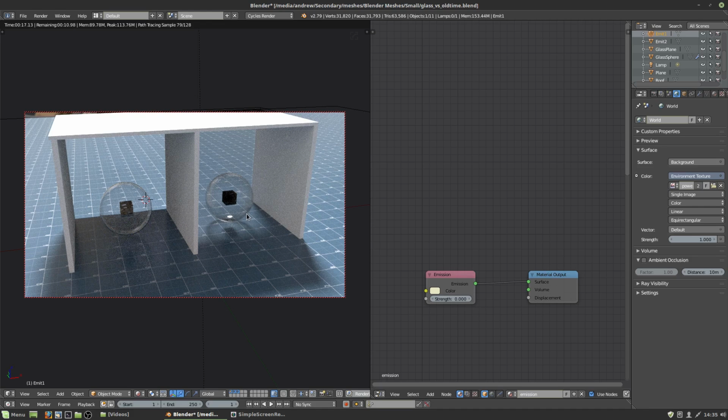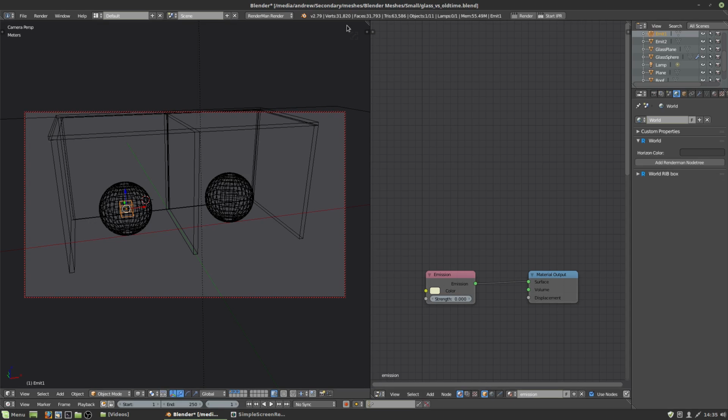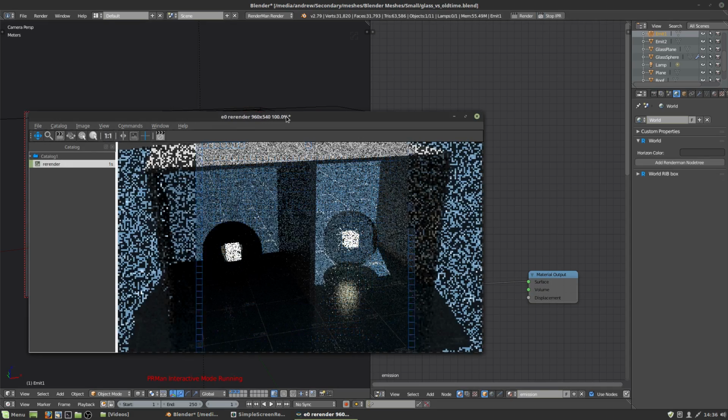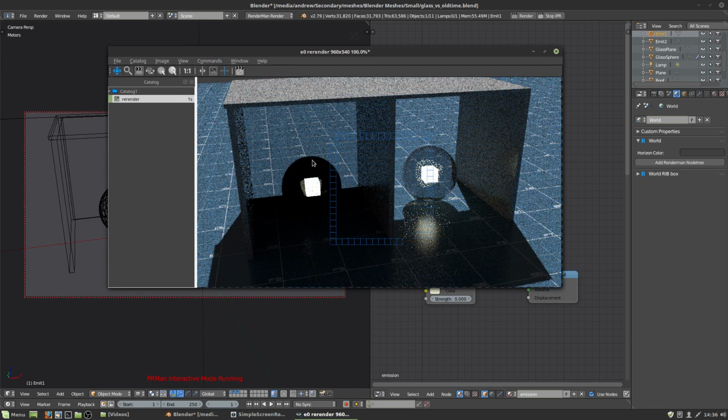So take a look at some of the stuff in Renderman forums and some of their documentation, and it'll say that in many cases you don't need certain shading techniques in certain situations, and this is one of those situations where you're probably going to use a thin glass material over anything else. So just to show you that Renderman has the same problems with it. This is a thin glass material, and this is a traditional glass material,